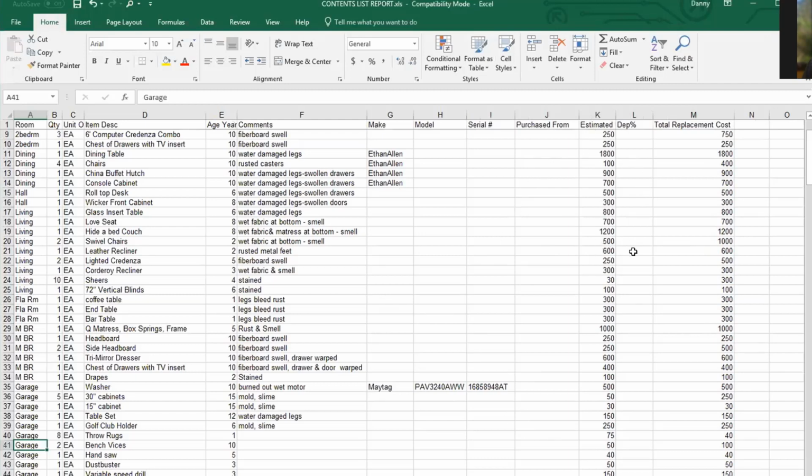Tell them not to use the depreciation. As you can see, the price is derived over here from the quantity times the estimated unit cost. So there it is, $750. Once we have that all in and it looks good,